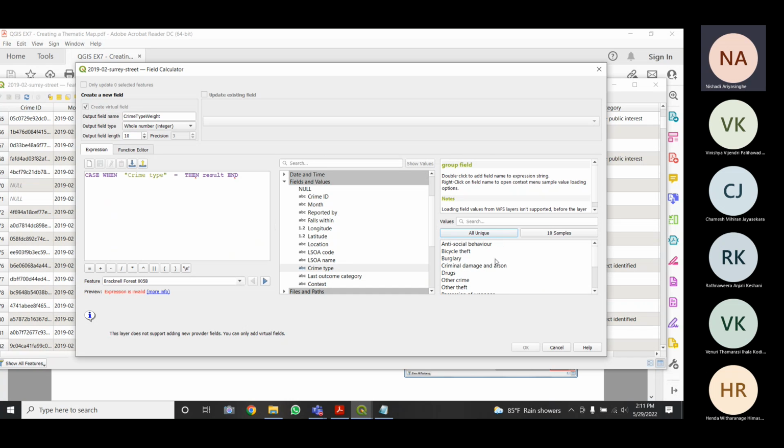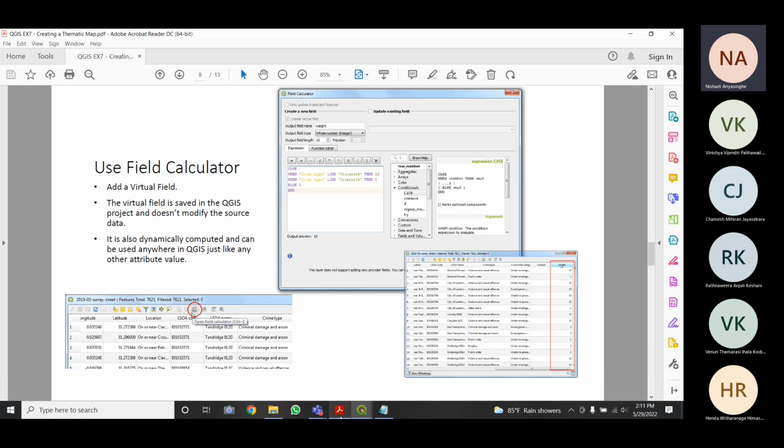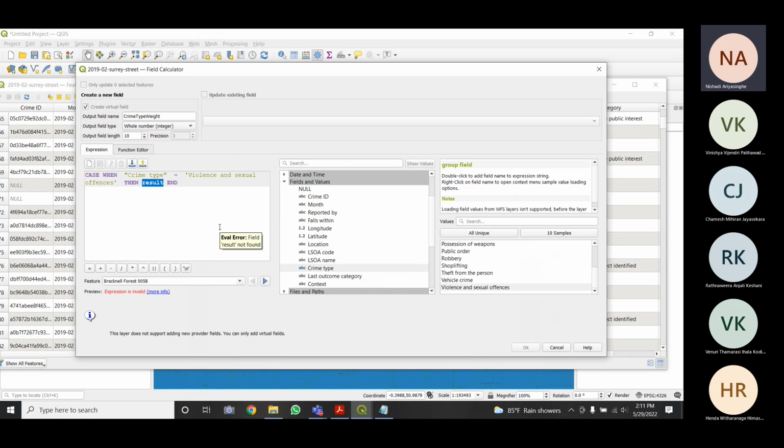So I'll just write violence and sexual offenses. It is the most critical crime type here. Then the result will be, I'll just give as 10.